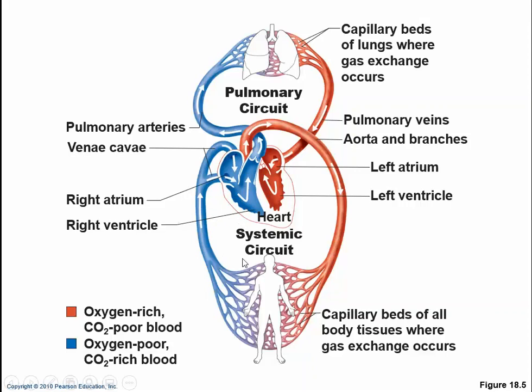So if we start here at the body, the capillaries of the body have dropped off the oxygen, picked up carbon dioxide, dropped off nutrients, and picked up waste products. This deoxygenated blood, the blue blood, flows back through the vena cava into the right atrium. It passes through the tricuspid valve into the right ventricle. From the right ventricle,